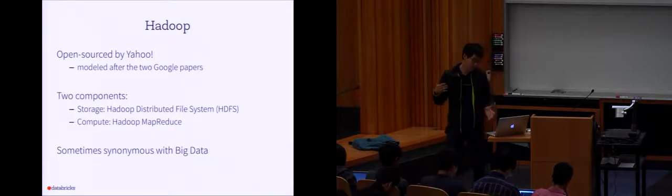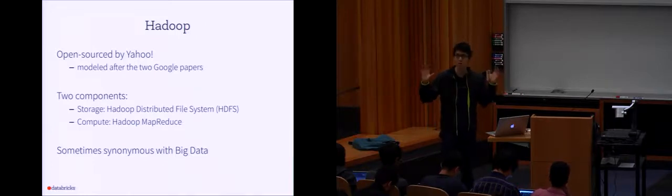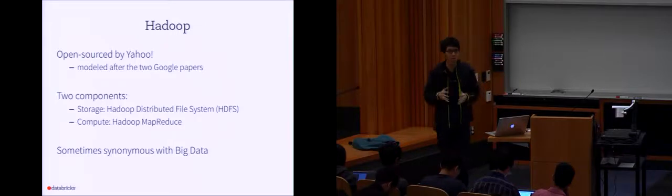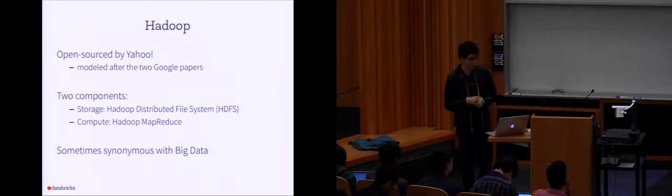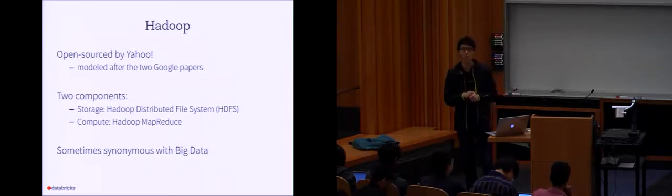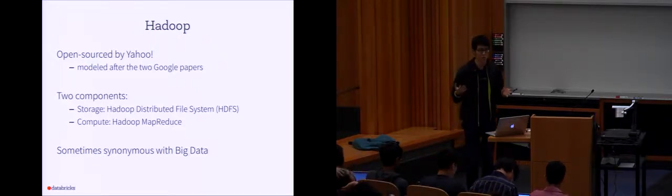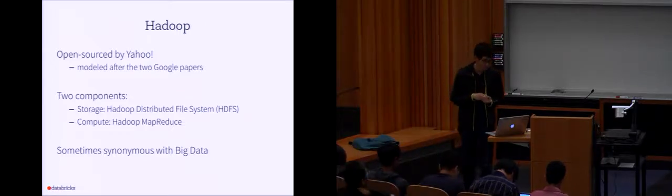And then after Google published the paper in 2004, everybody in the world was like, whoa, there's this great thing that Google is doing. And Google back then probably had, maybe even now has, the largest scale in terms of infrastructure. If that's what they came up with, let's learn from them. So this whole team at Yahoo started the Hadoop project based on the ideas from GFS and MapReduce, and eventually open-sourced Hadoop, I believe, in around 2007.